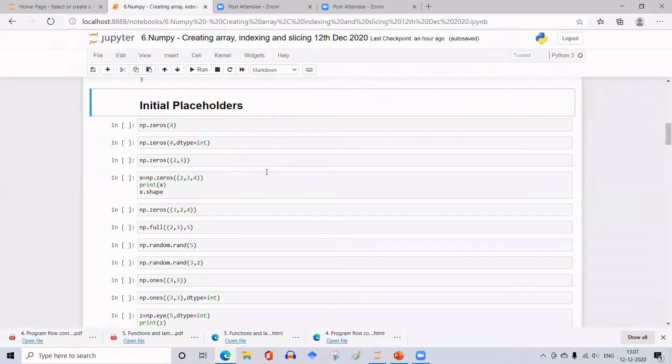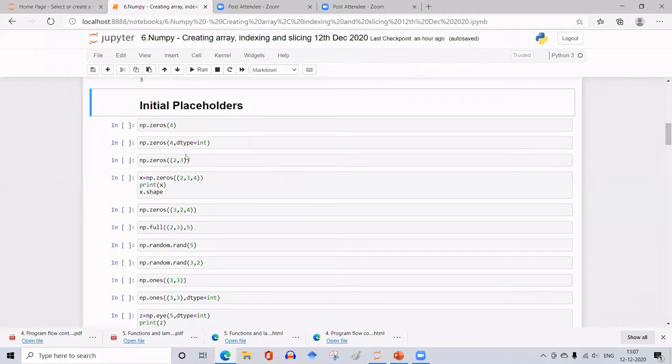Okay, sometimes it becomes necessary to place the required value in an array. Say, for example, we have a two-dimensional array, and we want it to be a unit array. Just like we have a unit matrix, no? What is a unit matrix?